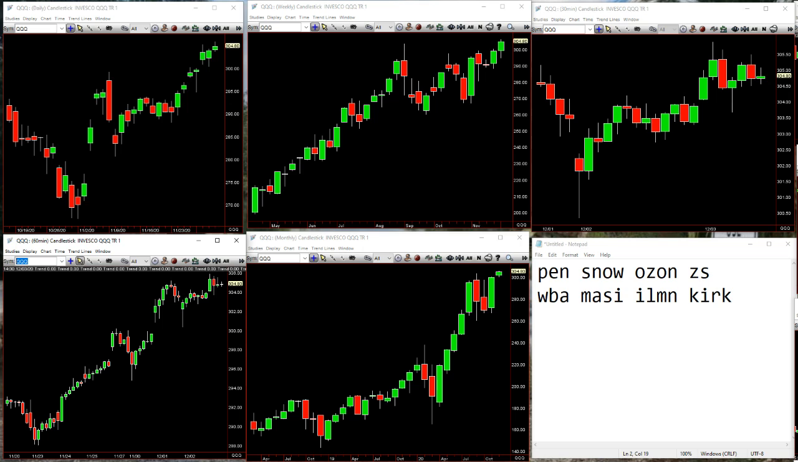QQQ inside on the 60. So either side of the previous hourly range is something we're going to want to know about. So if we take a look here, we've got a whole bunch of things. So another thing you want to go do is